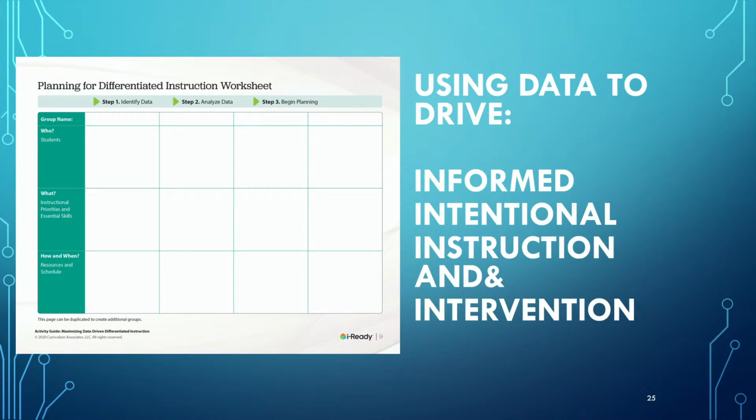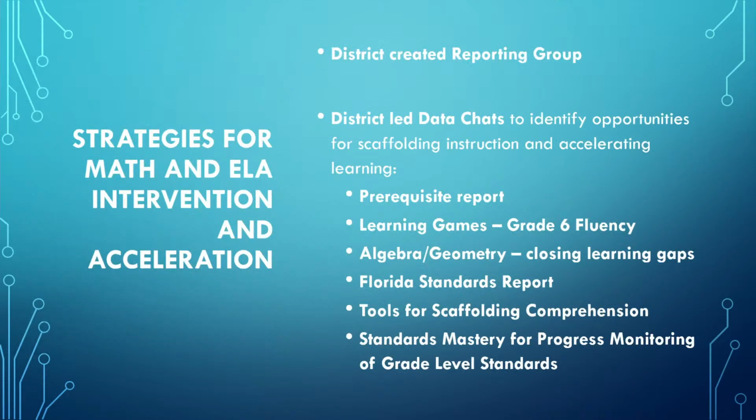Some of the strategies we've used at the district level: our ELA and math program specialists have created special report groups within the iReady data that they are monitoring. Those are for those students who we saw a decline in their scores from last year to this year. And those could be our most striving kids to our most accelerated students. And so we're keeping an eye on them, and then we alert the schools if we see anything that's kind of a red flag to say you may want to take a closer look.